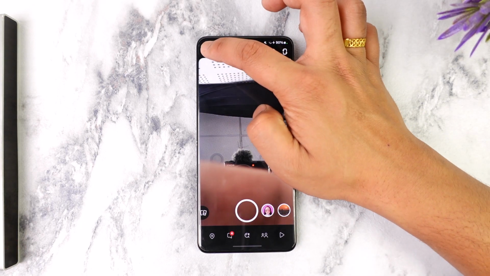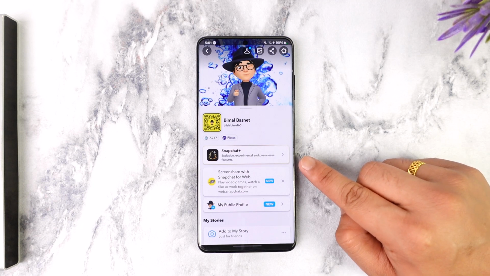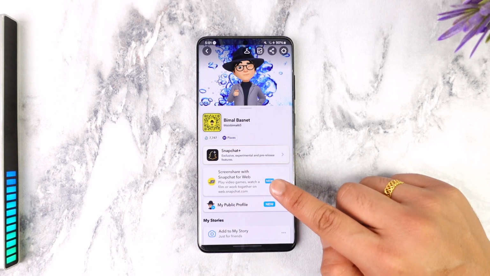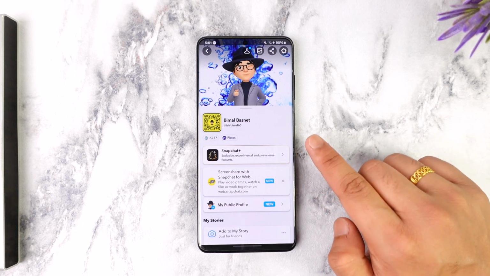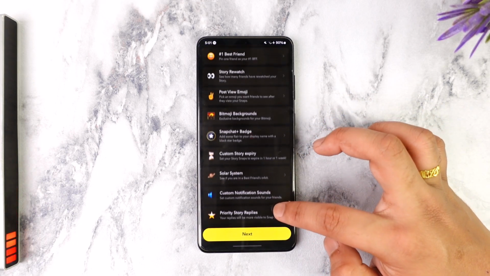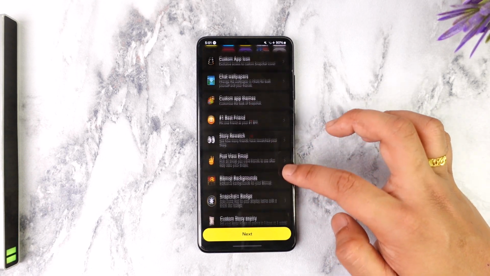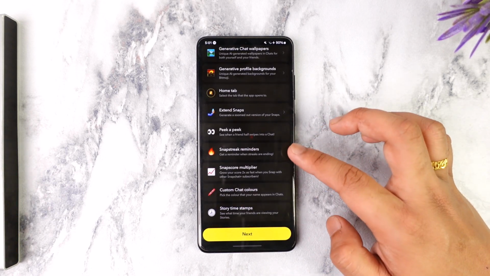Then tap on your Bitmoji avatar from the top left of the screen, and right on this page you'll find this little option that says Snapchat Plus, which says exclusive, experimental and pre-release features. So you can tap on this option here, and here you'll see all the benefits of having Snapchat Plus, which is custom icon, chat wallpapers, custom themes, story, and all of the other benefits that you could see,